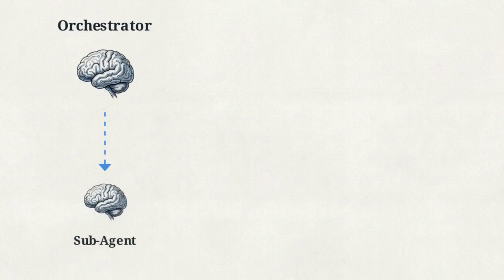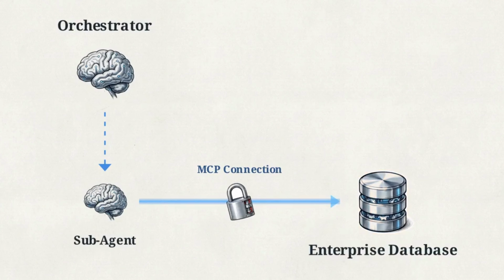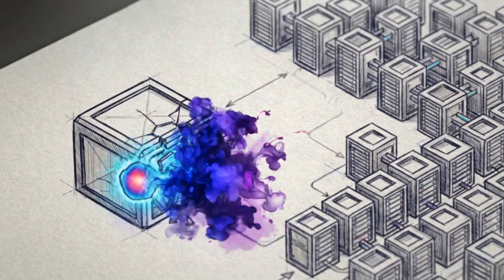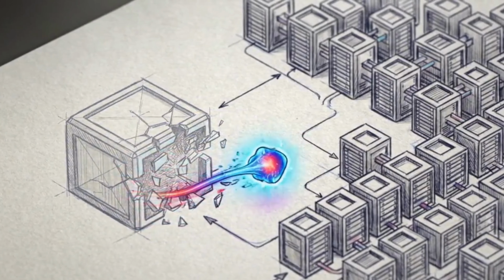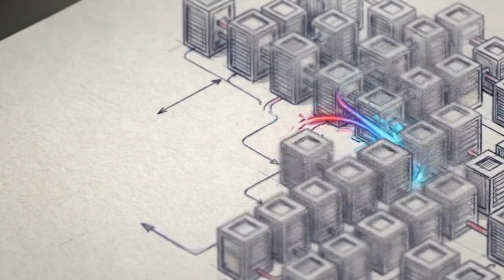In a multi-agent flow, a central orchestrator can delegate a specific task to a specialized subagent. That subagent then uses an MCP connection to securely manipulate the relevant database. This standardized protocol provides the crucial link. It allows reasoning engines to escape isolated sandboxes and execute side-effect operations on enterprise data.